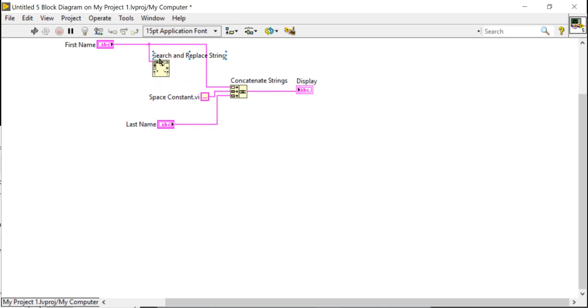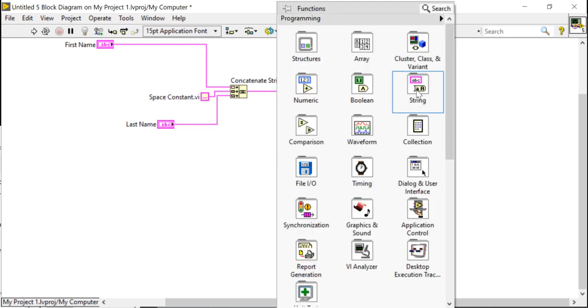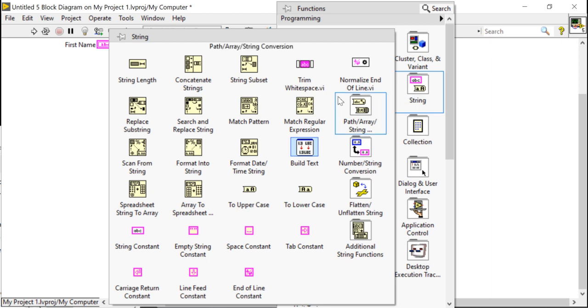If I search here, what will be replaced? So this function is not appropriate, not the correct function. So here I will take only search. There is search and replace here, and match pattern.